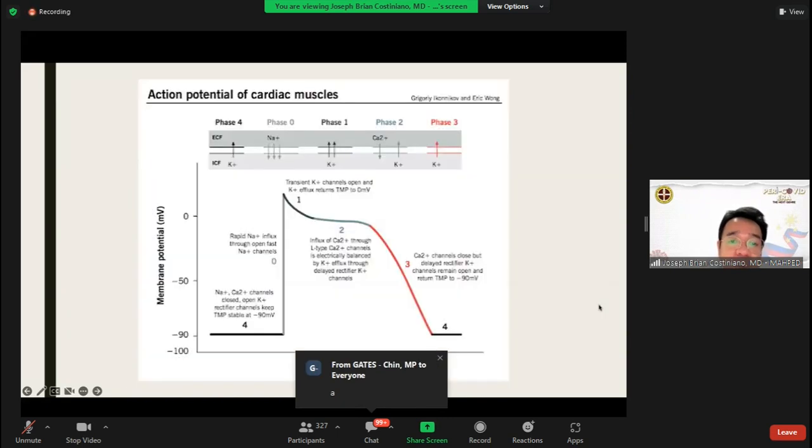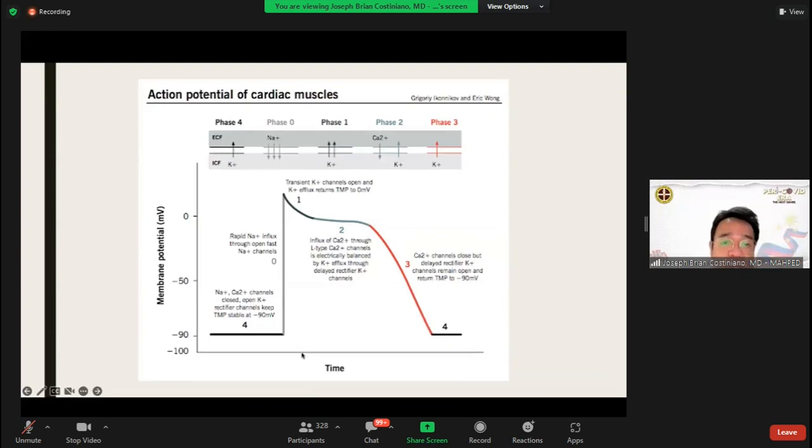Calcium sodium. Okay, why calcium and sodium? Here in phase 4 is your RMP, so your potassium is going to the extracellular fluid, no? So we all made a mistake? We answered calcium potassium. Why is calcium sodium the answer, Doc? Wait, I think I made a mistake with the answer. It is not calcium sodium, it is calcium potassium. So all of us were correct, no? I made a mistake in highlighting the answer.